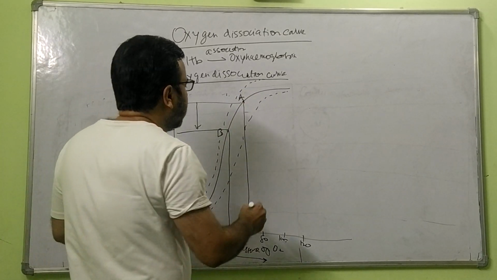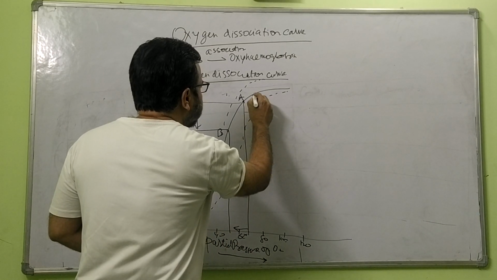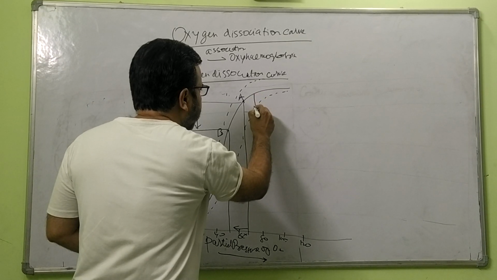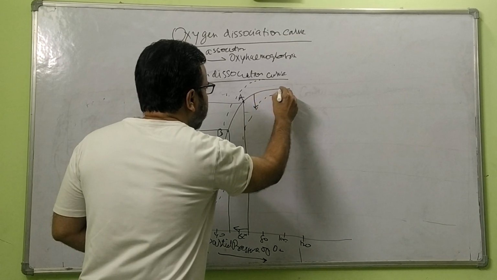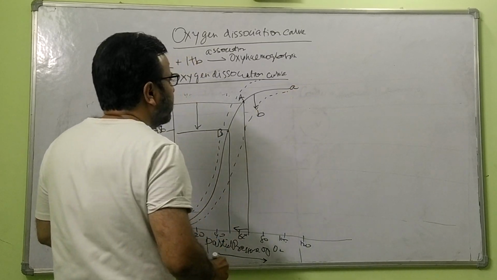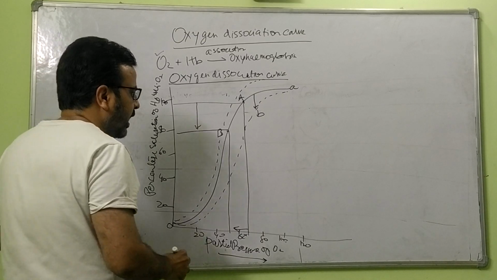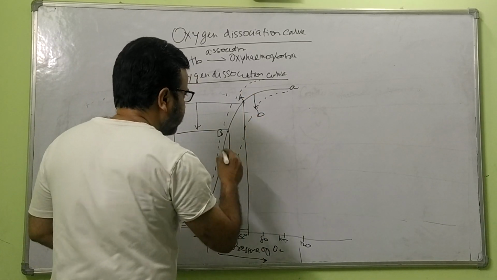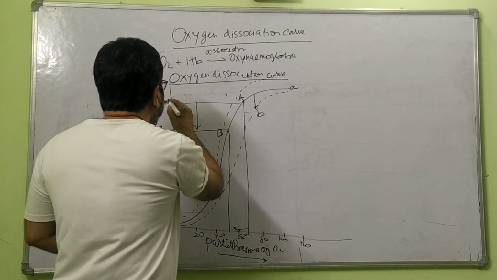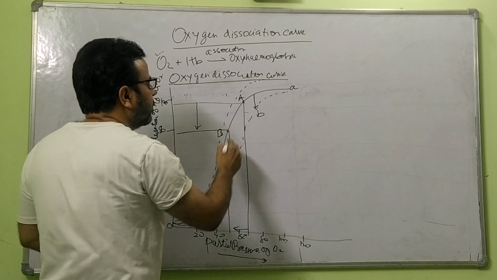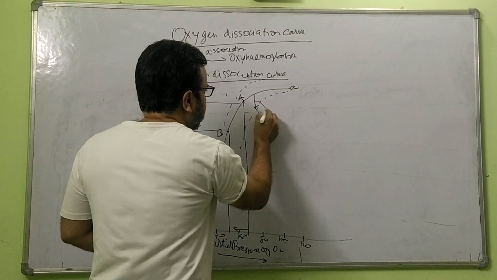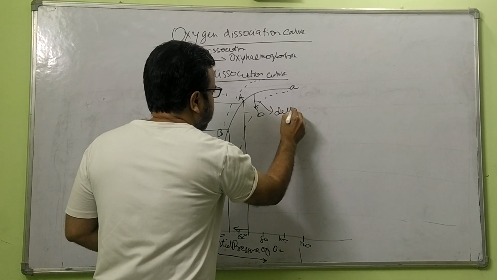For right shift, we discuss first: at the same partial pressure from A to B curve, the saturation goes down, that means dissociation happens. So this is dissociation,